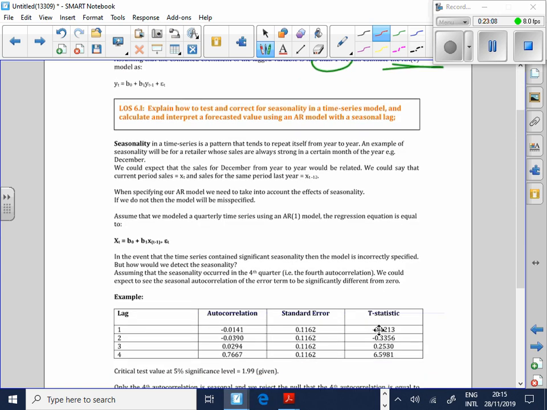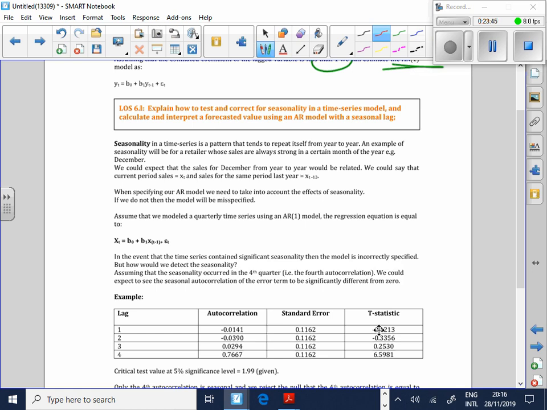We look here at seasonality, guys. Seasonality in a time series is a pattern that repeats itself year on year. Black Friday sales in November, same pattern. Am I right? Nothing's changed. An example of seasonality: we've seen strong sales growth in certain months, for example in December, the Christmas period, perhaps followed by very weak January sales, unless of course you're in tourism. Good.